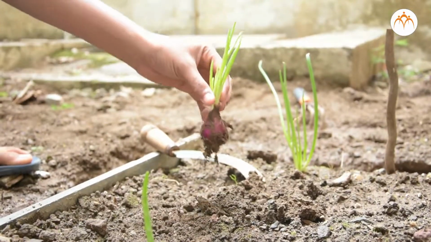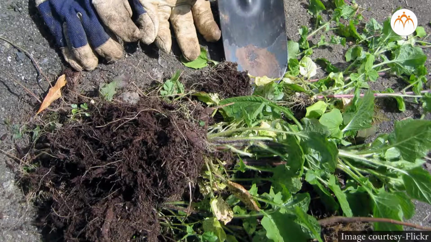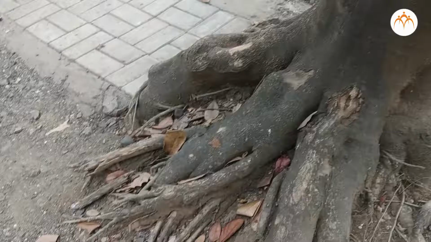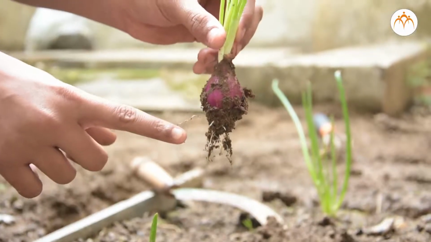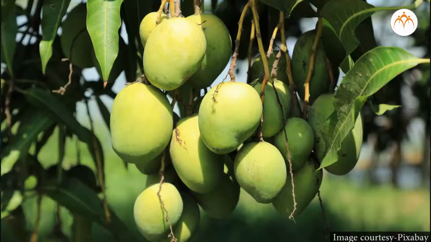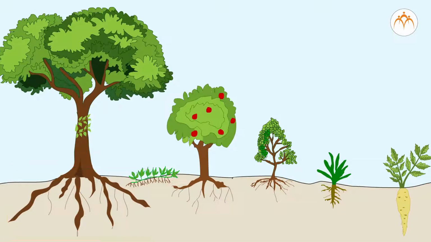Sometimes while working in the garden, have you uprooted unwanted plants or weeds? It is difficult to uproot old weeds. Yes, as their roots grow deep in soil. But uprooting grass-like plants is easier because their roots are superficial. This happens because tap root grows deep in soil whereas adventitious roots are superficial. So, can you guess the type of root system present in mango tree and sugarcane plant? Usually, tall trees have tap root and short plants possess adventitious roots.